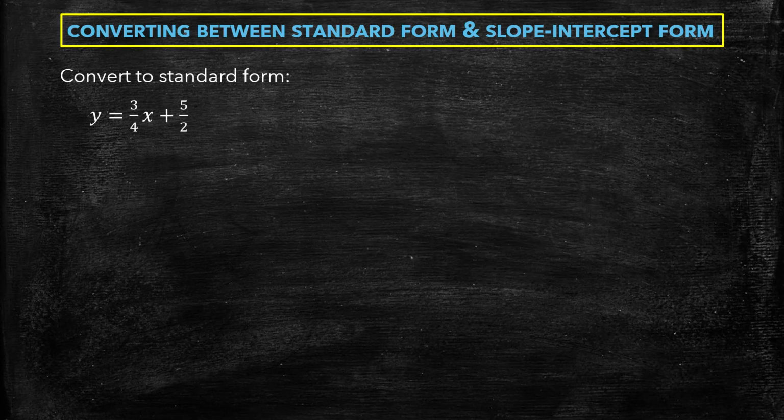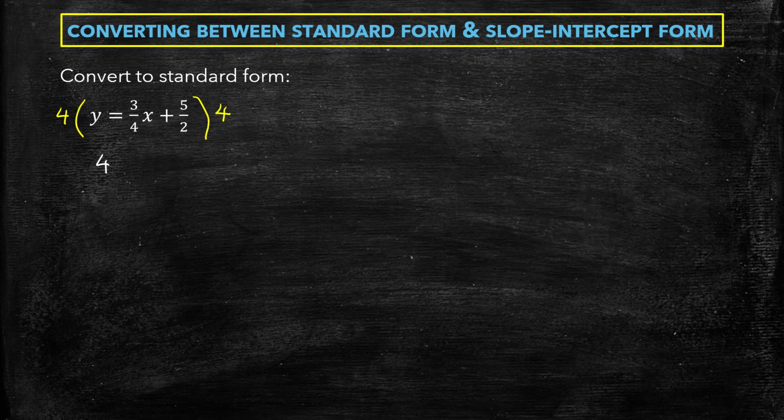But one thing about slope-intercept form is it can be very messy with those fractions in it, and that's why sometimes it's nice to work in standard form. So the first thing you want to do when you convert to standard form is wipe out all the fractions. So with the 4 and 2, the lowest common denominator would be 4, and that will help to wipe them both out. So if we multiply both sides by 4,